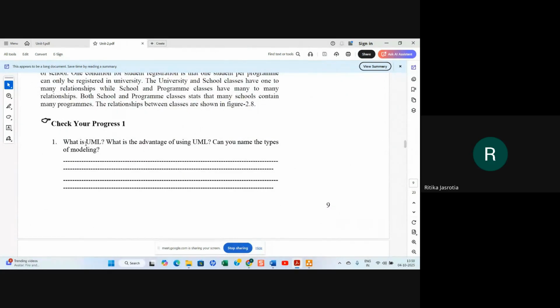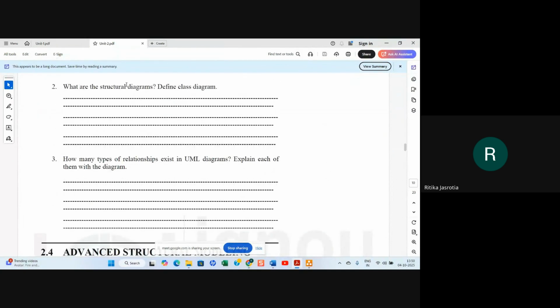So here again, check progress questions. They are asking what is UML, what is the advantage of using UML. Can you name the types of modeling? What are the structural diagrams? Define the class diagram. The structural diagrams include the class diagram, object diagram, component diagram. So you have to define the class diagram here.